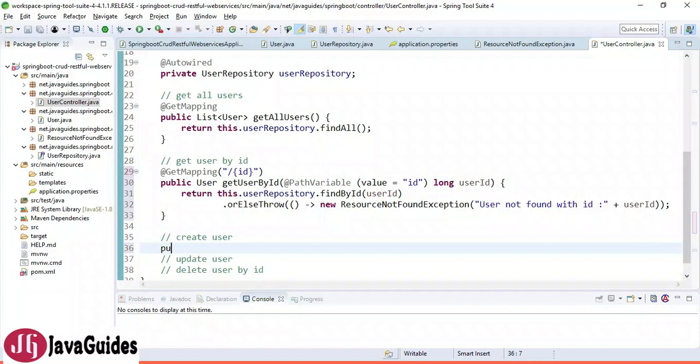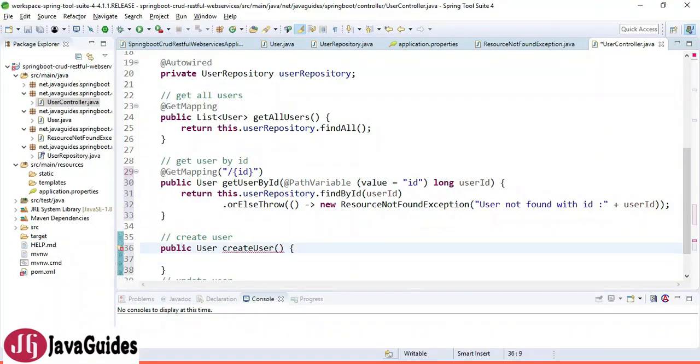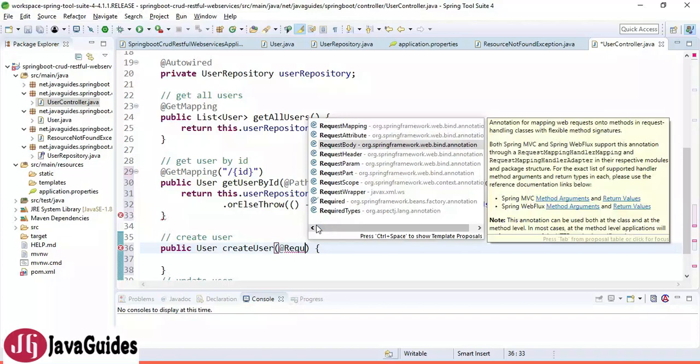Now let's see how to create a POST REST API. For that we'll create a method, public User createUser, and here we'll use the @RequestBody annotation.